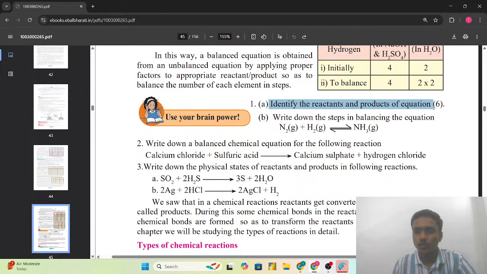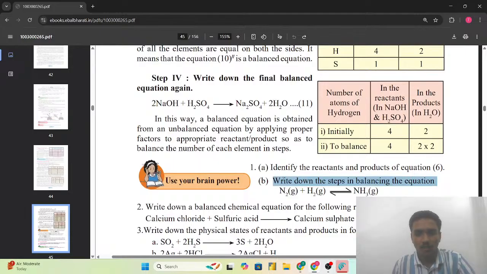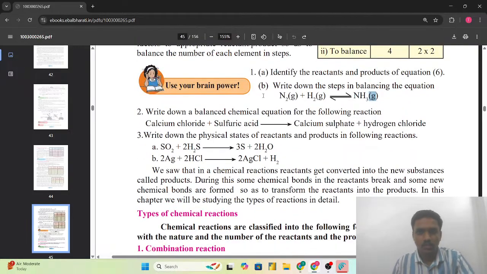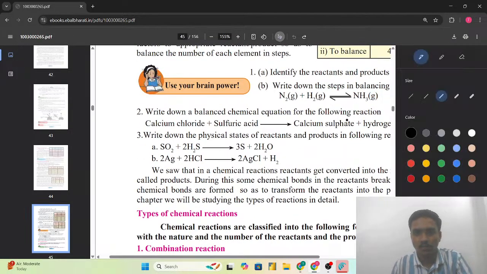Identify the reactants and the products of the equation. Write down the steps in balancing the equation. अभी ये जो रिएक्शन दी है, तो नाउ वी विल ट्राई टू बैलेंस दिस इक्वेशन. तो यहाँ पर सबसे पहले